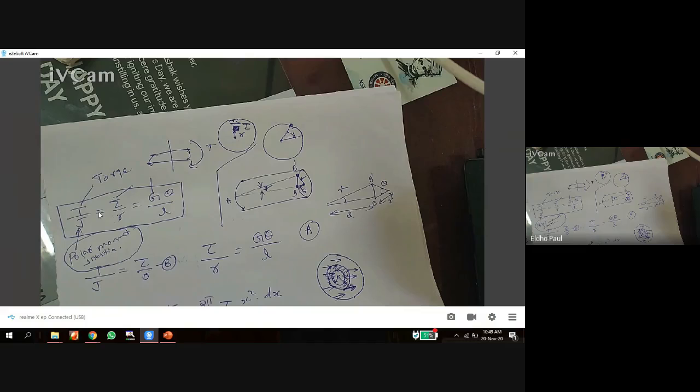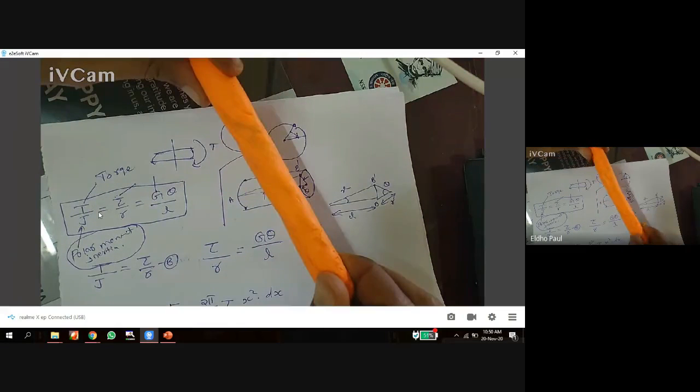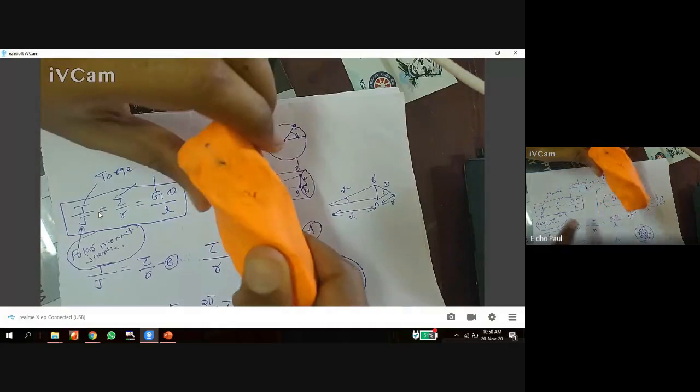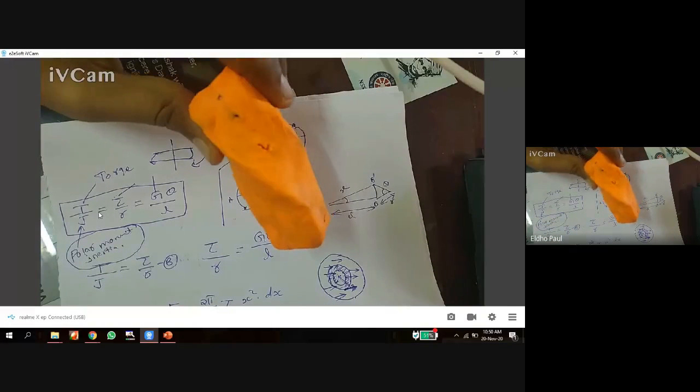So this polar moment of inertia is specifically for a body subjected to torsion. That means a body with a particular cross section offers a resistance against torsion. Torsion is actually a type of rotation, but more specifically, we give a polar moment of inertia value for such type of rotation. So for a body subjected to torsion,